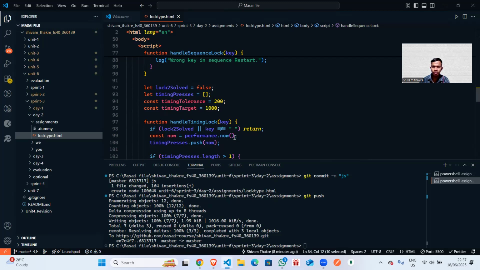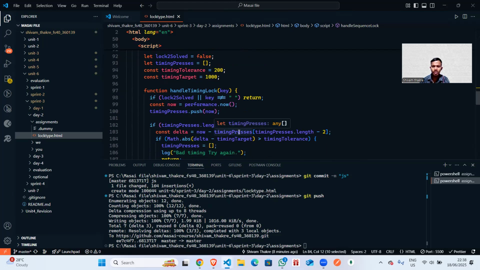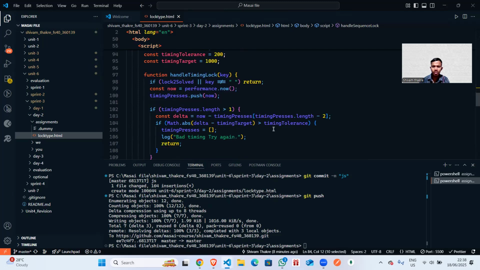We check performance.now and push it into the timePresses array. When its length is greater than 1, we subtract the previous press, timePresses[length minus 2], from the current performance.now, which gives the delta, and then the timePresses array is emptied.